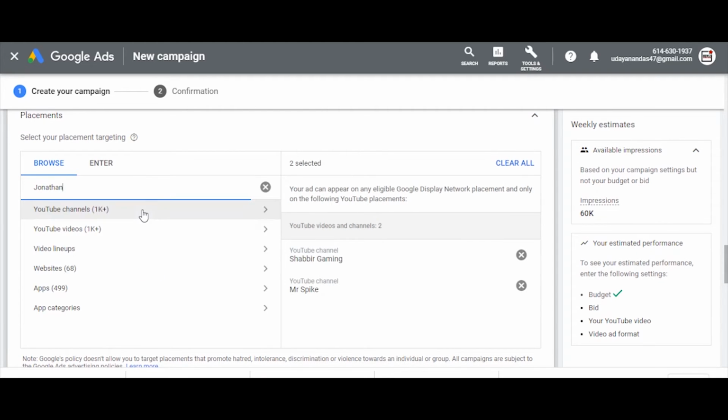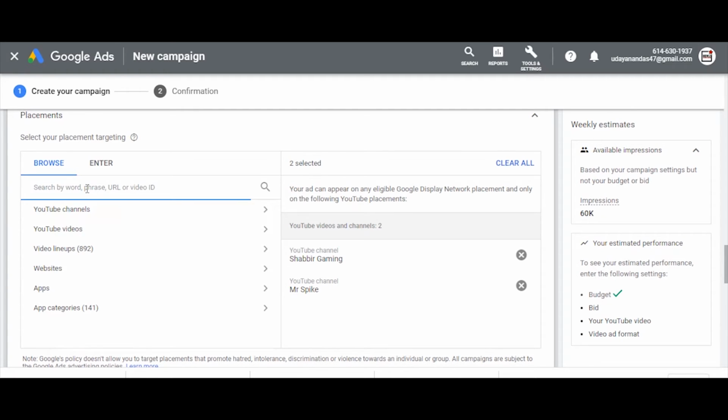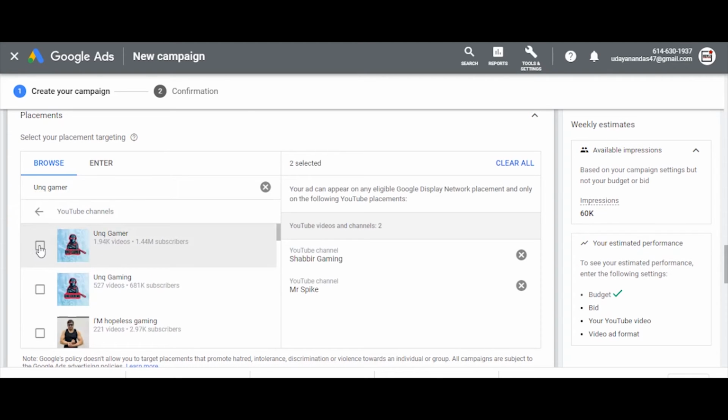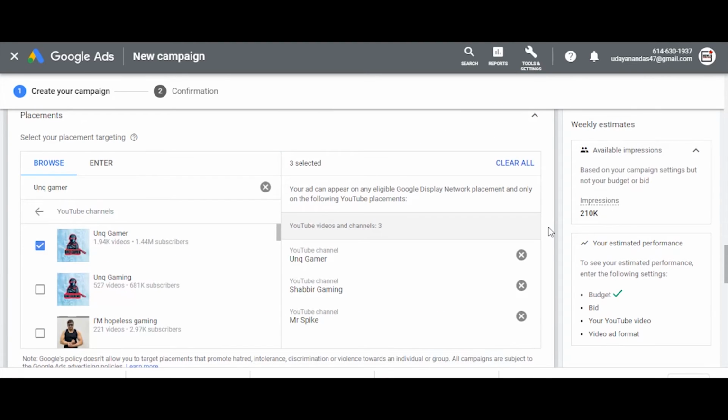Coming to Jonathan, if I tap on Jonathan's channel, my videos are going to get added to Jonathan's videos in related search. So this is how it goes in the latest update. So super easy, right? If you are a tech content creator, go with Technical Guruji or Tech Burner. I'm a gamer here, so I'm going to go with Unique Gamer. So this is how it goes for me, and I selected a few channels over here, and that's it for now.